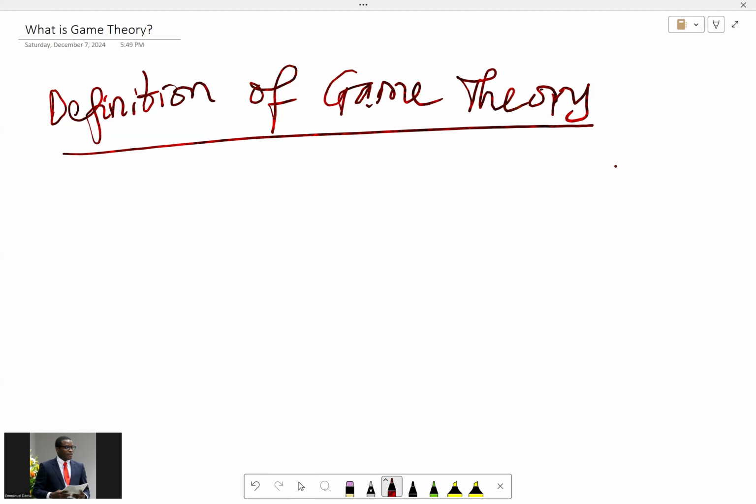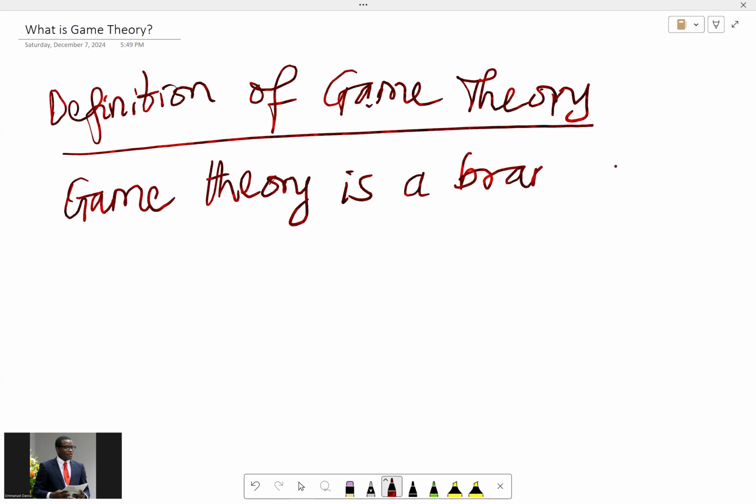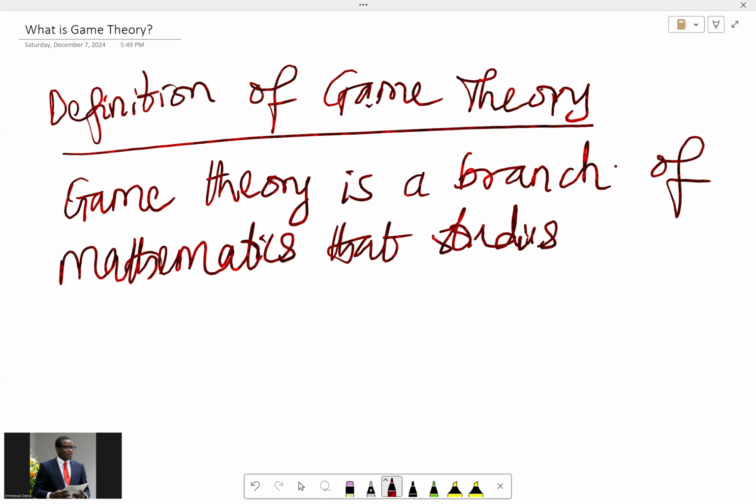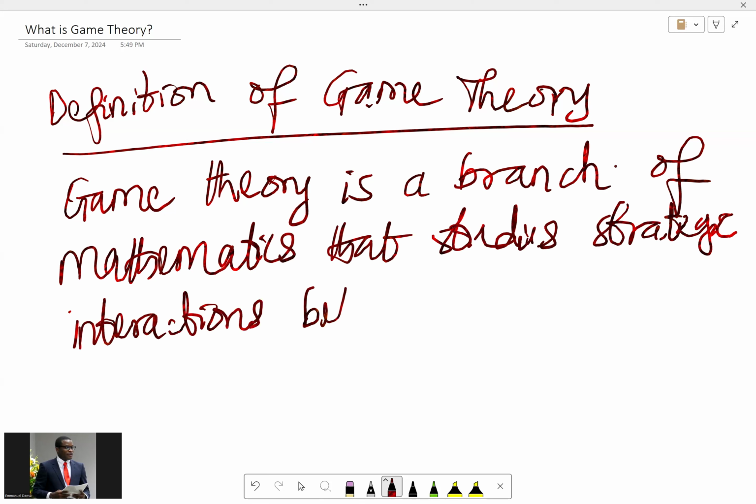Starting with the definition, we can say that game theory is a branch of mathematics that studies strategic interactions between individuals,